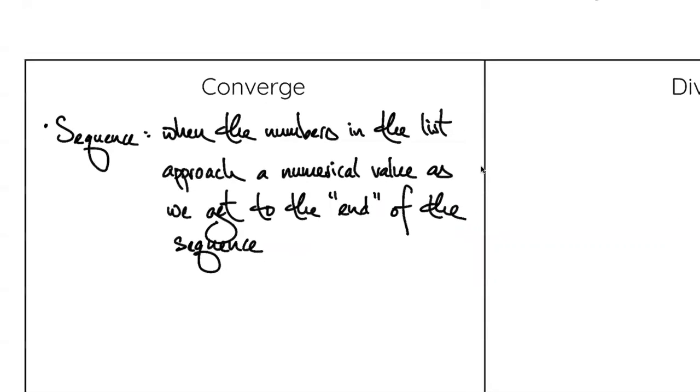All right, so a sequence converges when the numbers in the list approach a numerical value as we get to the end of the sequence. And so another way of saying that is as we get to infinity, we're looking at the very last term in this sequence, are they sort of plateauing and getting close to a given number? And so